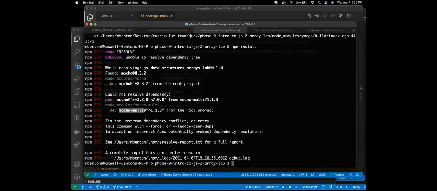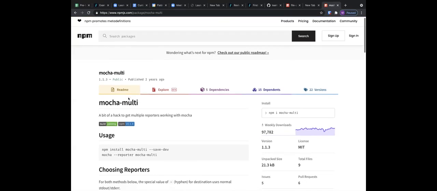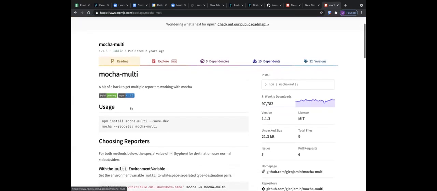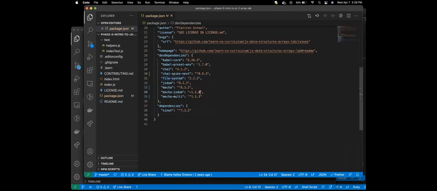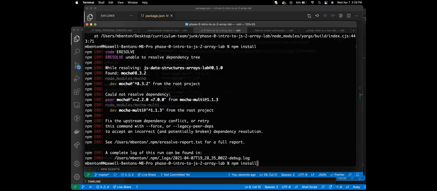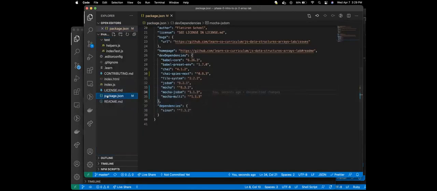Cool, let's go take a look at Mocha multi. Mocha multi 1.1.3 is the latest version. So I'll try. I'm not sure if that really will make a big difference, but get the latest version at least from npm install. Same issue. So Mocha cannot be advanced to 7 or above, because of this limiting factor. And Mocha multi